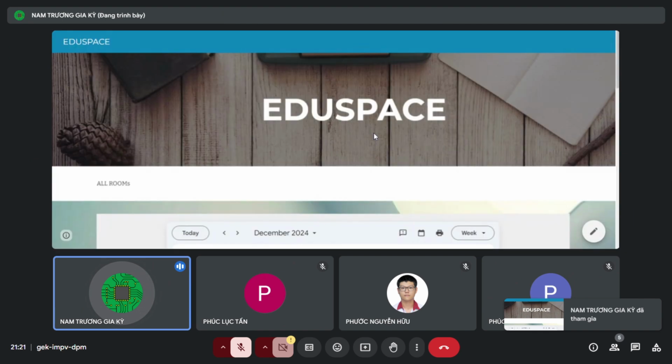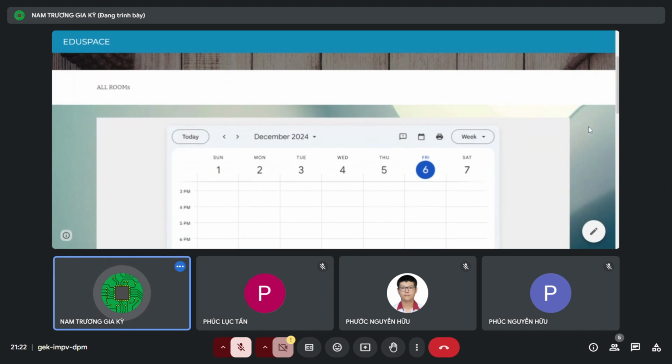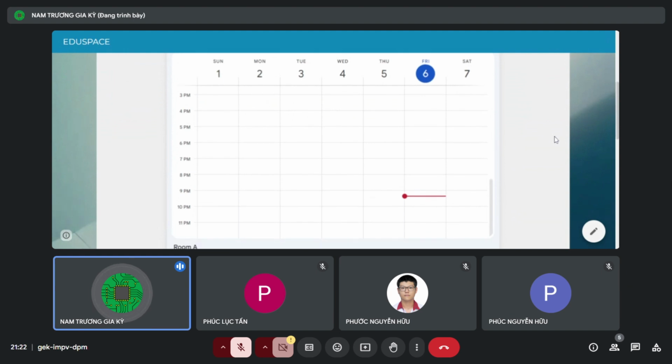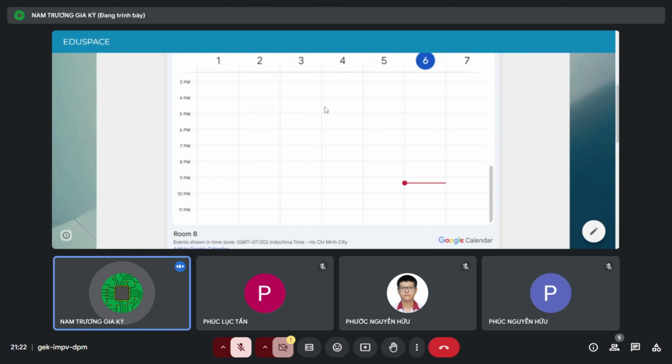So you can see on the screen right now, it is our prototype. It is just a simple website with a header and a banner. Below the banner is the calendar. From our expectation, when a user registers a room, the information about the time range and the booking information will be displayed on this calendar when the admin has approved the booking,